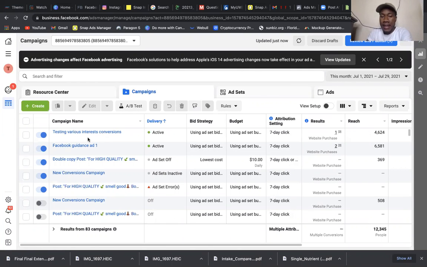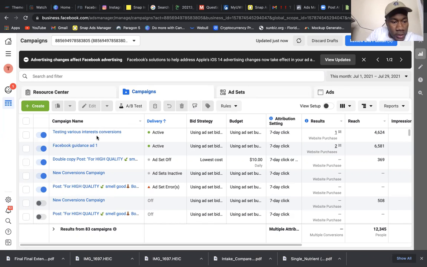So going back to campaigns, I did want to show you guys, this being a real live ad account, and also excuse me, the data in here is not my main data for my site. The reason I'm saying that is because right now my account is banned. So it kind of messed up what I had going on. I was testing a lot more new ads, which I'm going to show you guys. But I can't publish anything right now because my account is banned. So just be aware that if you see anything red, it's nothing crazy.